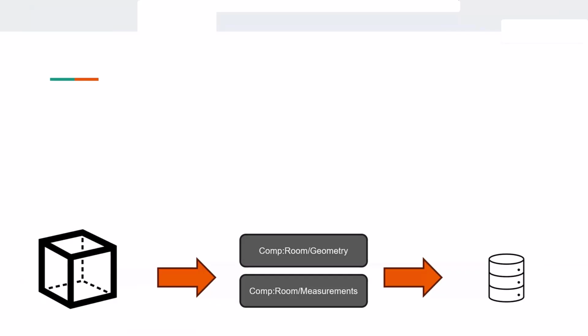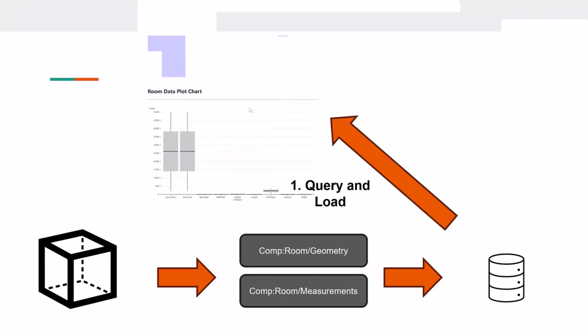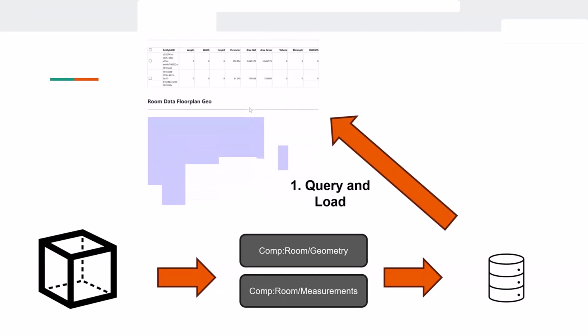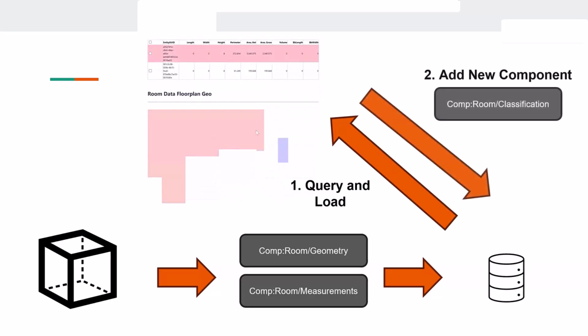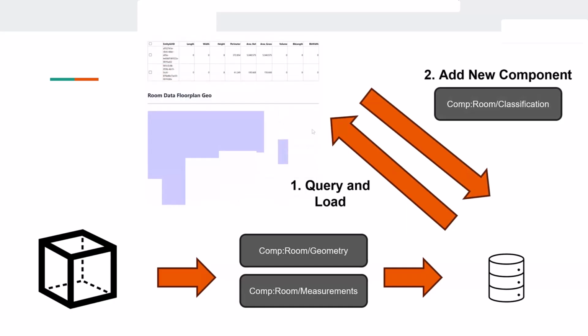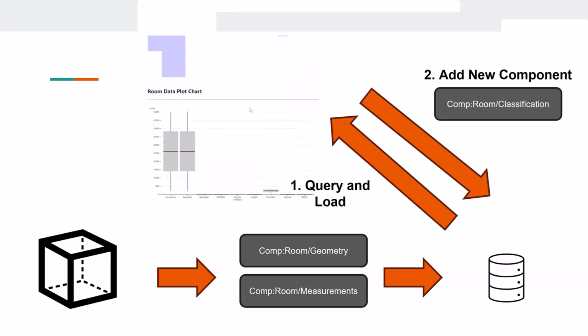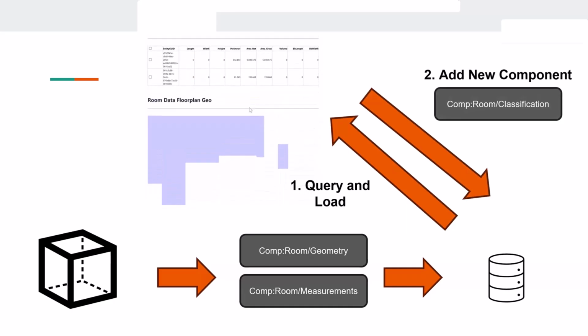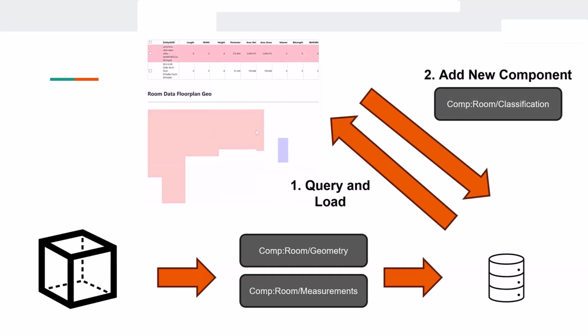So it's stupid simple. We get two components. One's a geometry and a component that includes measurements. These are made up components, right? They're not IFC components or anything like that. They're just those two pieces of data. We load it into a web page where somebody can classify those spaces. And we write back a new component that adds a third that describes those space. So this is a tiny little toy example of I have a room.